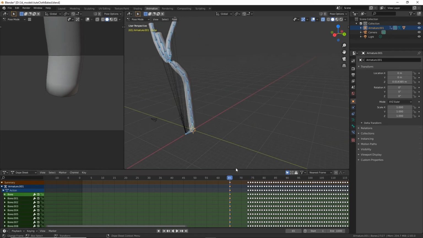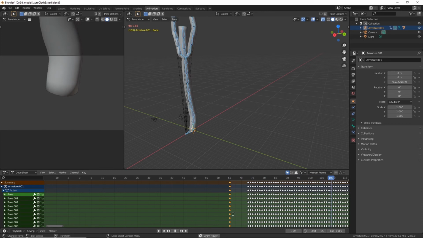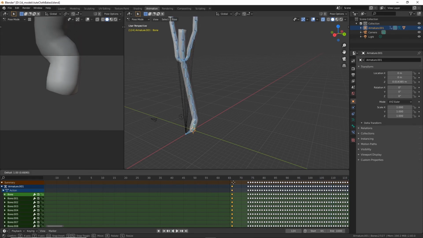And then the idea is, since that's on 65, we'll just set our start here to 65, which will set our play range. And if we hit play, it's probably not what we want it to happen over. It's too easy of a transition, so we'll go probably from there, 70. All right, so then